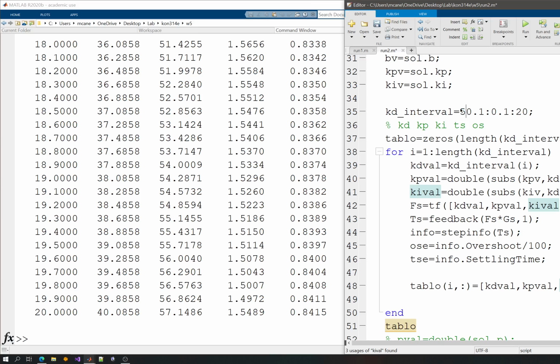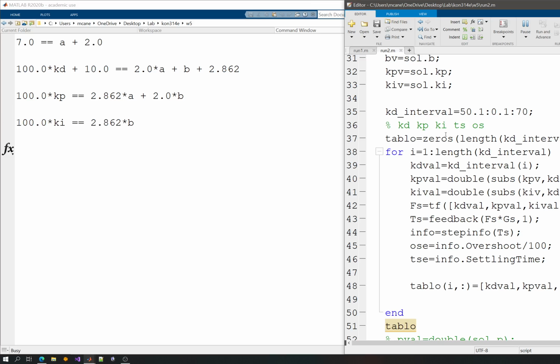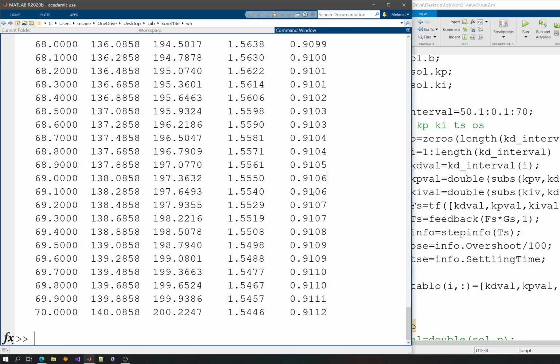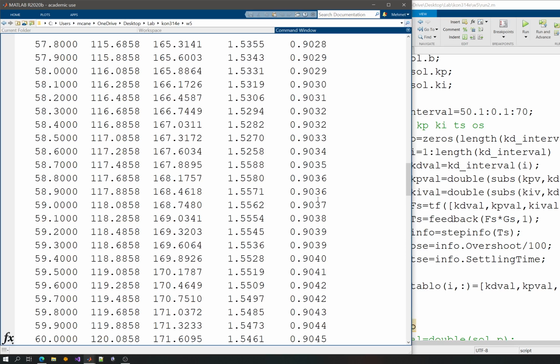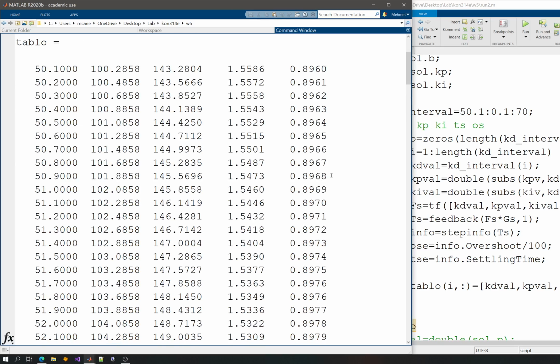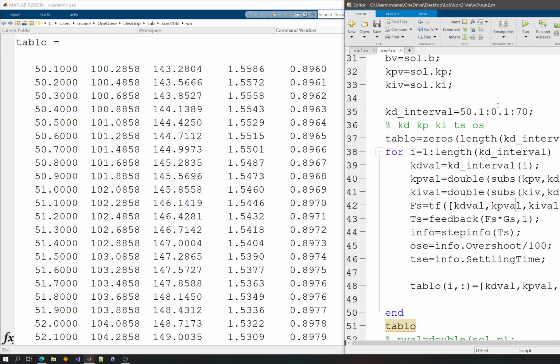Maybe let's give it an even higher value here. Let's try with 50 and 70. Unfortunately, I am not able to choose a direct interval that is very big, because the computer, Matlab, will try its best, but it's not that easy to grid the whole real axis, even if it's only restricted to the positive real axis, since there will be at some point too much